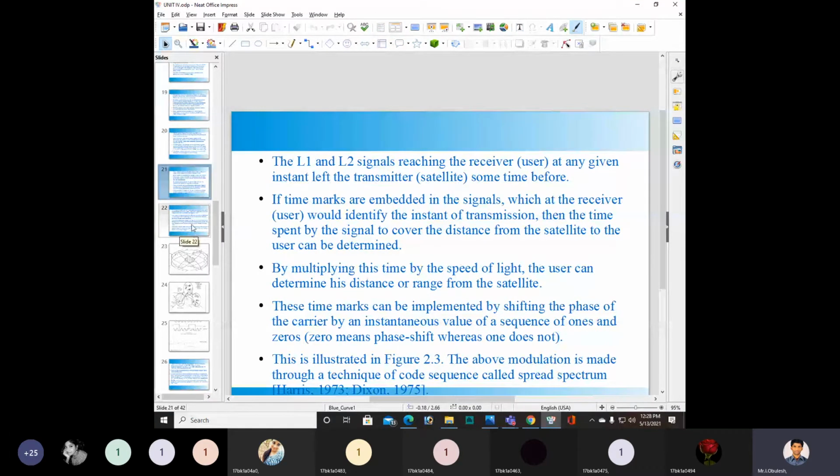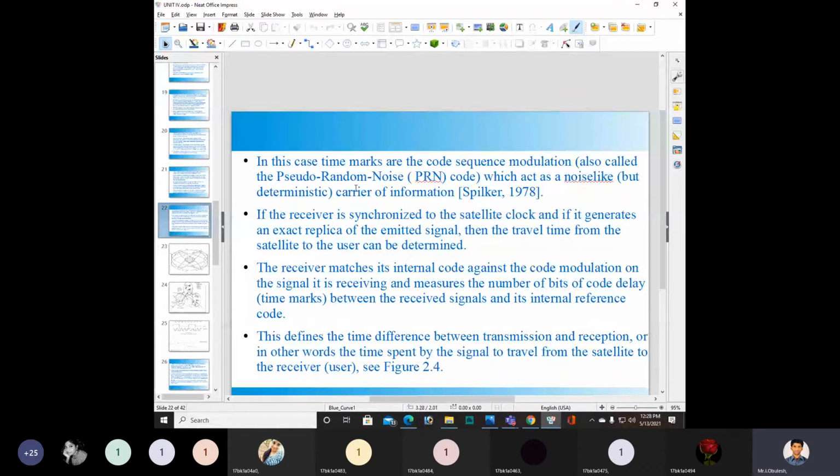Okay, in this case, the time marks or the code sequence modulation is also called a pseudo random noise.